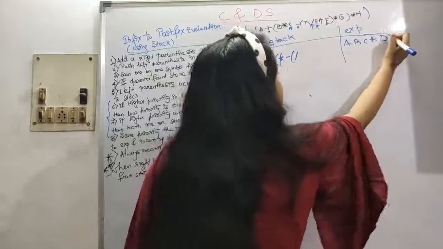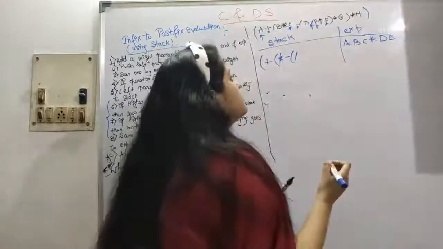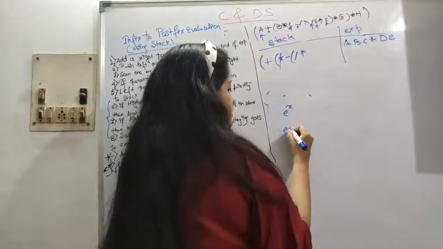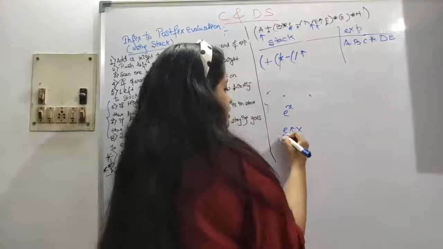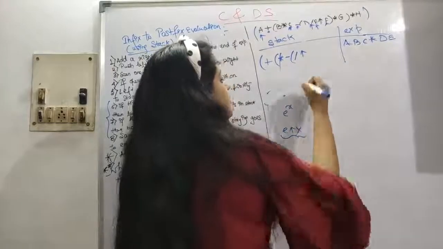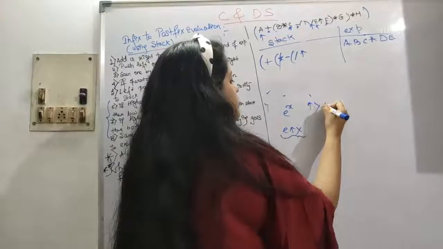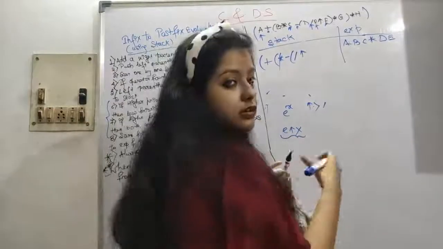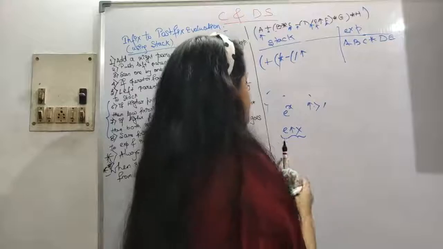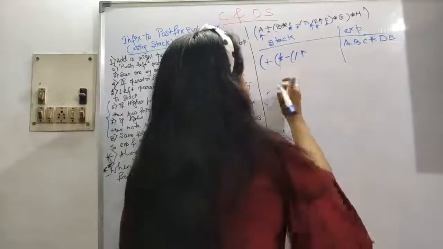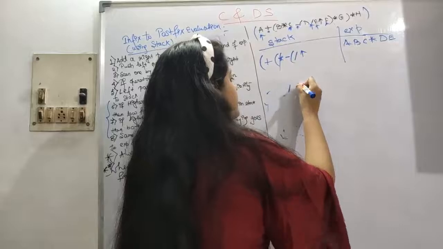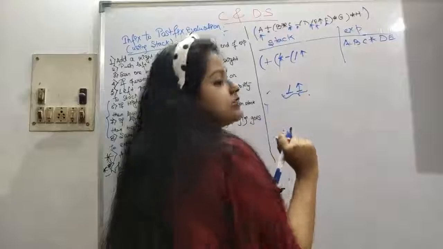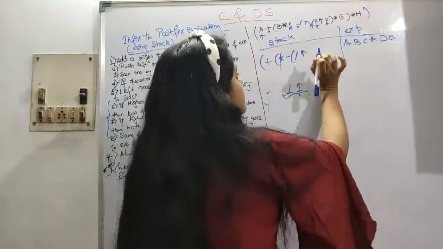Then E is encountered and stored. Then this is exponentiation; e to the power can be written as E exponential x. This has higher priority than divide. It was in the previous videos, so please go and check if you have a problem understanding this. See, divide and exponentiation: you are sitting there and some celebrity is coming and sitting beside you, so no ego problem, nothing. Both will stay there as they are.